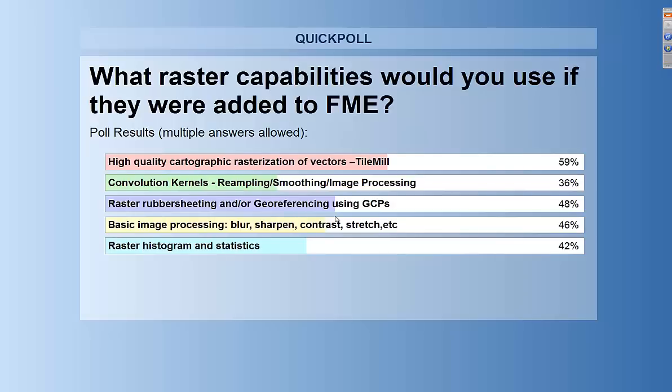And anything else you want to say about these, Dave? Well, the raster rubber sheeting and/or georeferencing, in a way, we can do this now, just not conveniently. Right, you actually have to set the GCPs, save that out to a TIFF file or something that supports GCPs, then read it back in and apply those GCPs. So we're trying to move this into a realm where we do it all in one workspace. Right, right. So thank you so much for that feedback. That's very, very helpful to us indeed.